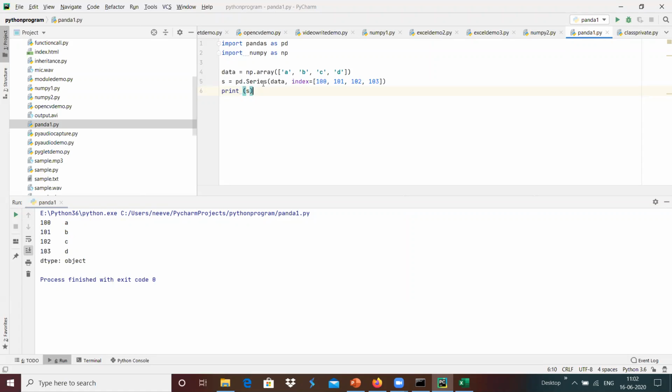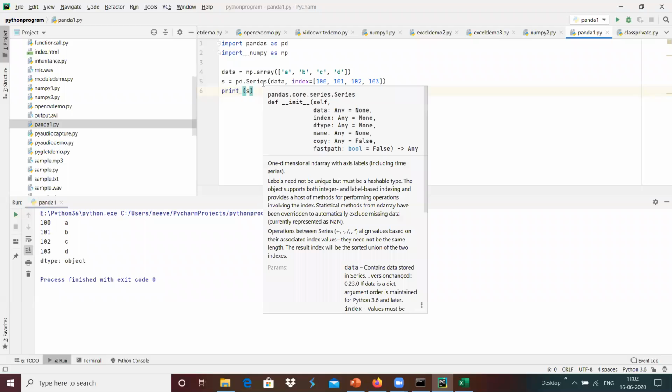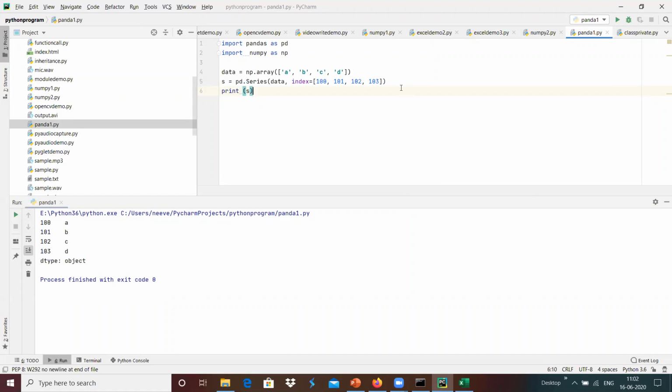Series is basically a homogeneous array with the same data type.